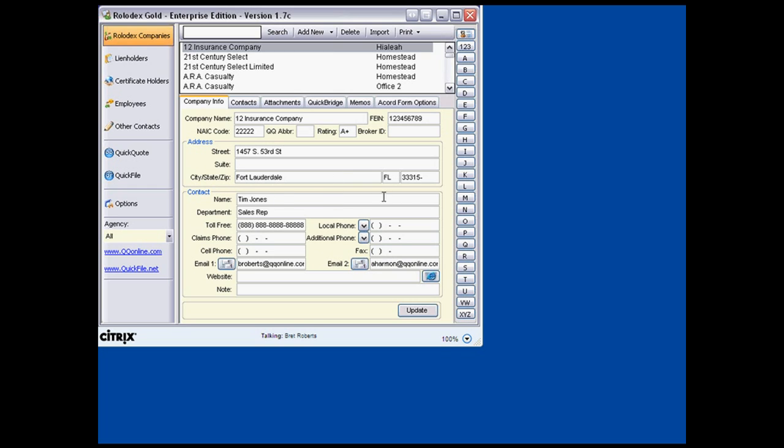I also have a place for contact information. This would be my primary contact, so it might be your marketing rep or your sales rep. And then their phone numbers and their local phone numbers and maybe cell phone numbers. You also have a place to store email addresses. As you can see, I have my email address listed here, broberts@qqonline.com. I also have my associate Amy's email address here at